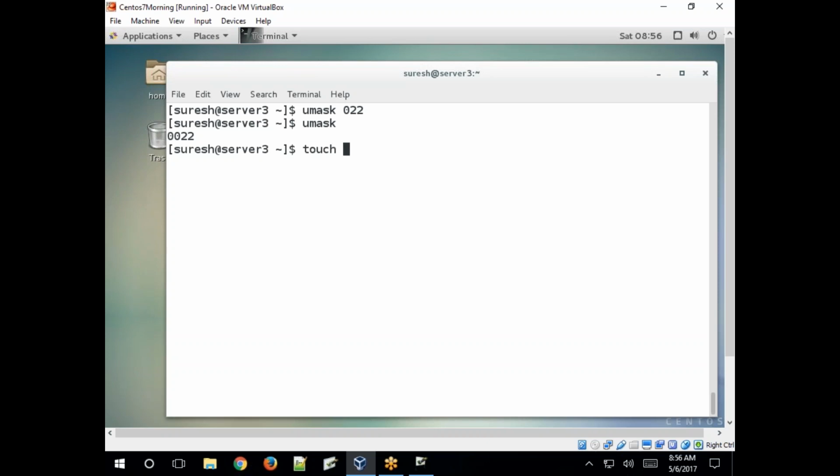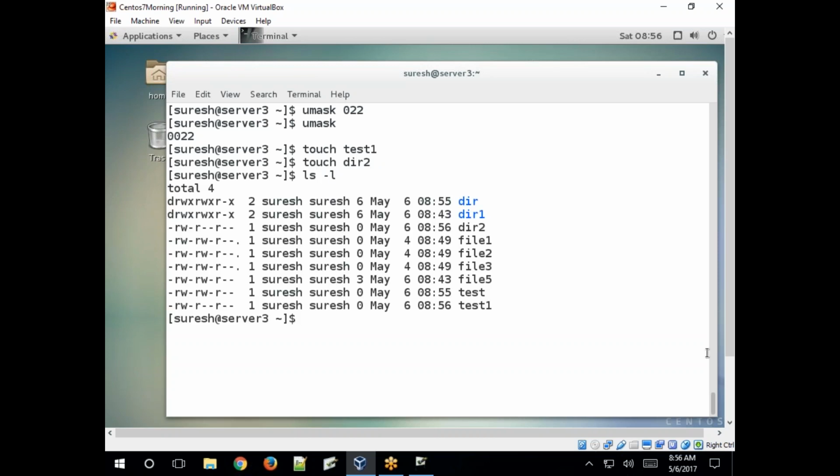So now create a file. Touch test1. Check. Where is test1? What are the default permissions now? 644. Read, write for user, read only for group, read only for others.